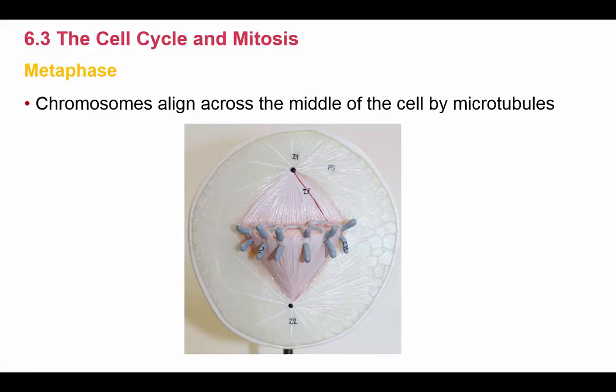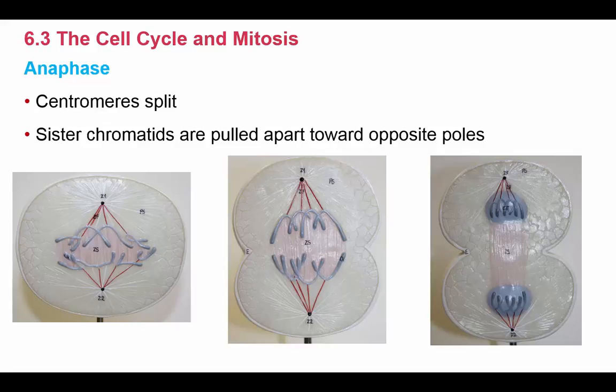Now, once the cell completes metaphase, it then moves into anaphase. Now remember, centromeres is what was holding those chromosomes together. So in anaphase, the centromeres split or dissolve, and the sister chromatids are pulled towards opposite poles. So you'll see here in this first image, this is where the centromeres that were holding these chromatids together,